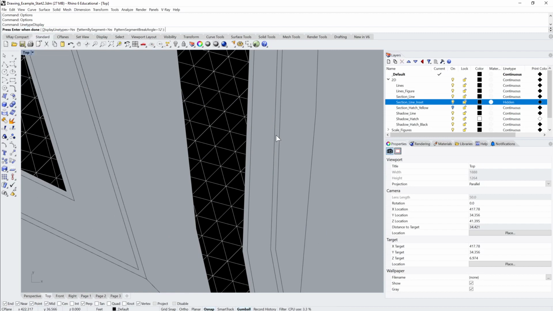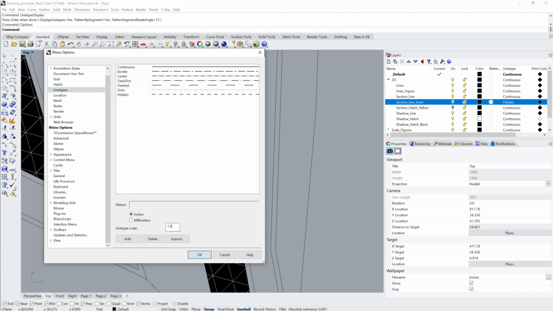let's see, line type display in the model viewport. So line type display is set to yes here. So we need to enable line type display. It's already set to yes. It might be set to no in your Rhino, so you should check it. But then if we go back to options, line type scale, if we change this to something like 10,